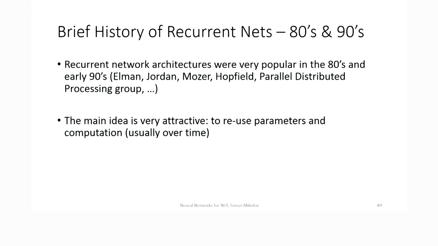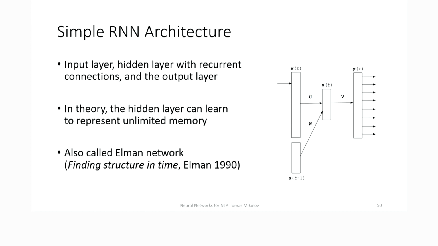The history of recurrent networks is very long, and starts already in the 80s, where many researchers who are now super famous were working on these models. The idea was very simple: to reduce parameters and computation over time. It would look something like this. Again, you can start with a bigram language model, but this time you are adding additional inputs at the input layer that are copies of the outputs of the hidden layer from the previous time step. So S_t can be seen as the state of the hidden layer at time t, and S_t-1 is the state of the hidden layer in the previous time step.